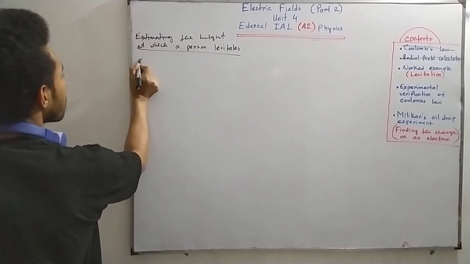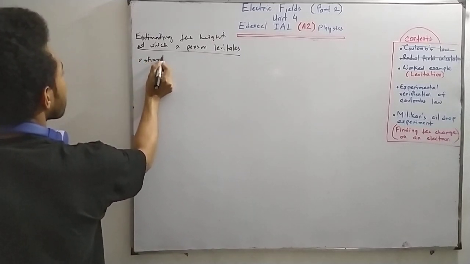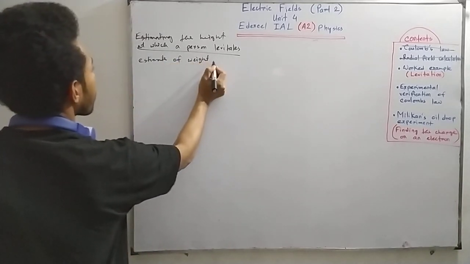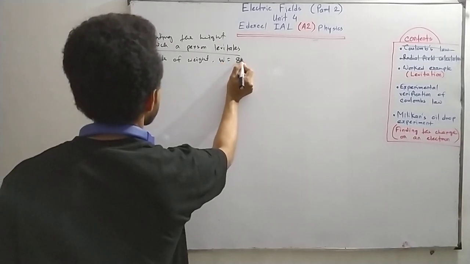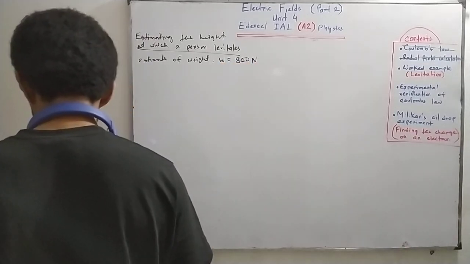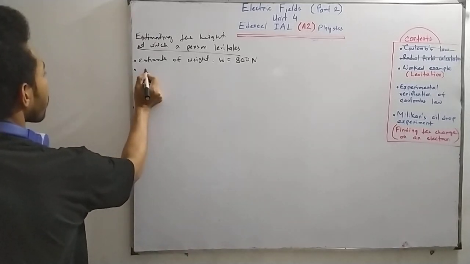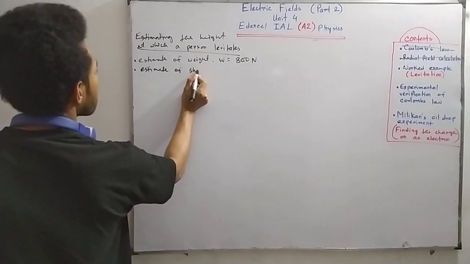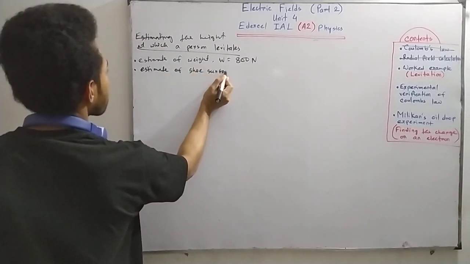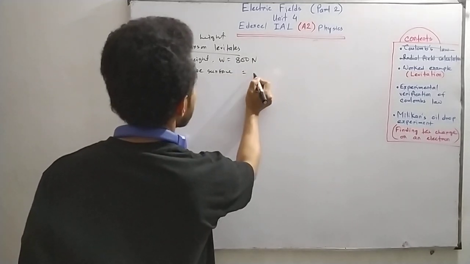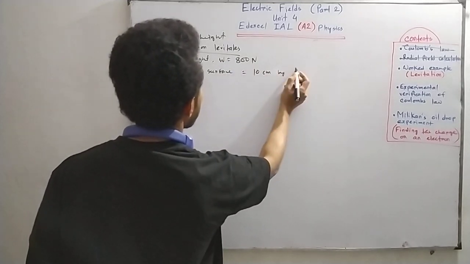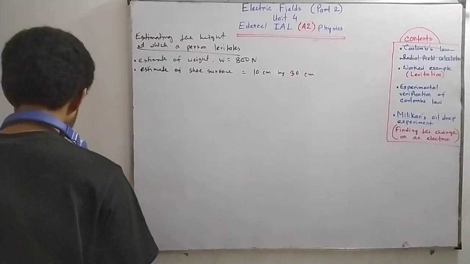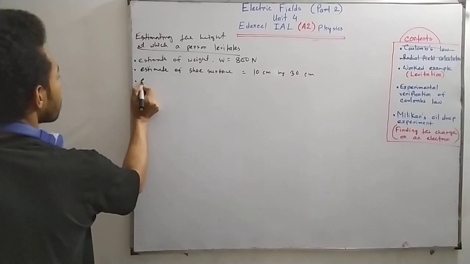Suppose an estimate of the person's weight is 800 Newton, an estimate of shoe surface is 10 centimeter by 30 centimeter. Then another estimation of the radius of atom,